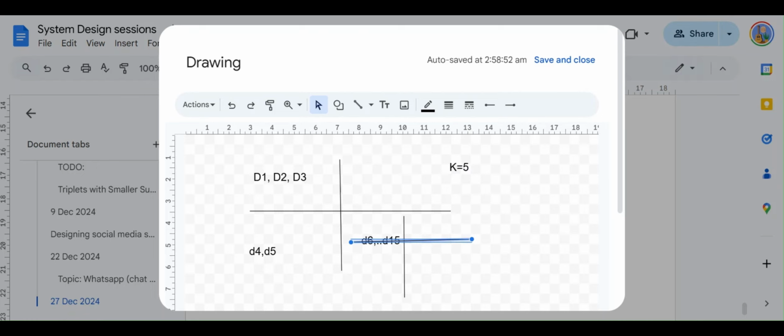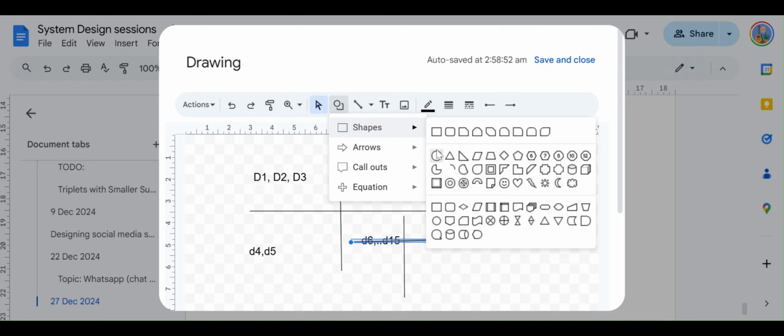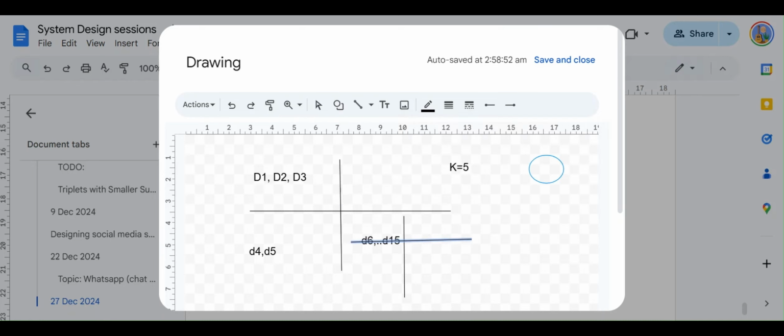And using these quadtrees, it's a tree-based structure. So if I draw it in a proper tree format, it actually looks like this.